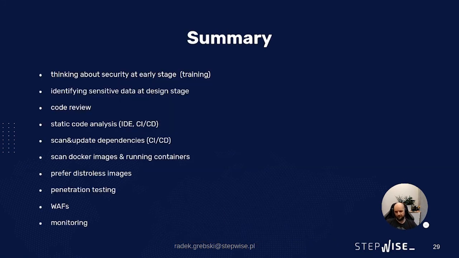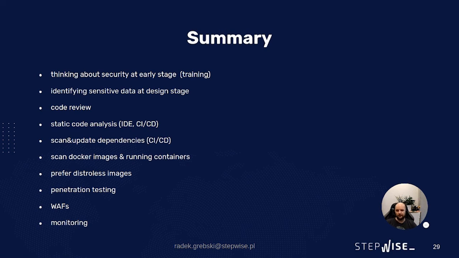Okay, to sum up the presentation, we should be thinking about security at early stage, and the training, security training, should be important aspect of that. We should identify sensitive data at design stage. We should do code reviews, static code analysis on IDE, on continuous integration, wherever possible. We should scan and update dependencies also on CI/CD, and notify developers if dependencies are either vulnerable or out of date. We should scan Docker images on CI/CD, on image registry itself, for example, on Harbor, or on Google Container Repository. Most of the registries already have scanners built in,